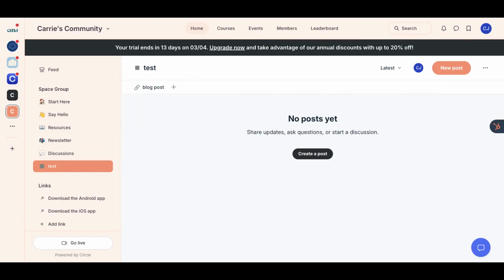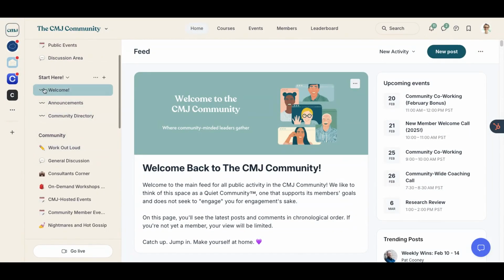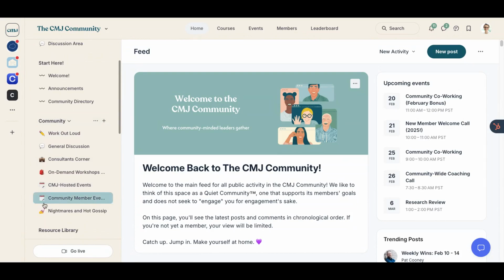So it's really, really easy to create new spaces in your communities and to customize them and make each one different. Again, I want to show you what the CMJ community looks like here. Here are our spaces. We use similar icons here, and then we have some variety icons here.